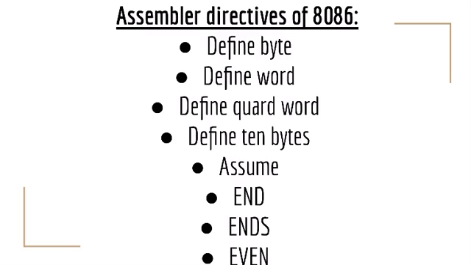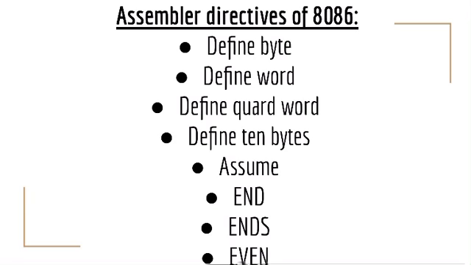Okay, so next we have define quad word. This directive is used to direct the assembler to reserve 4 words, that means 8 bytes of memory, for a specified variable and may initialize it with specified values. Okay, so next we have define 10 bytes. This DT directive directs the assembler to define the specified variable requiring 10 bytes for its storage and to initialize the 10 bytes with the specified value. The directive may be used in case of variables facing heavy numerical calculations, generally processed by the numerical processor.